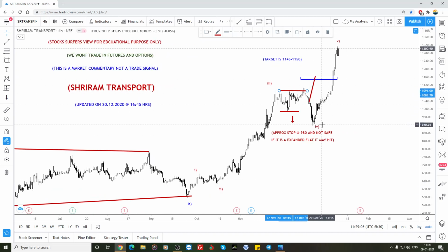See what happened? Nearly from here, it hit my stop loss of 980. I placed the stop at this low, and it went to 915, nearly 65 points. After that, even if I knew the target is 1150, if it comes here I will exit my position. But what did it give? Nearly 900 to 1300, 400 points. So like that,